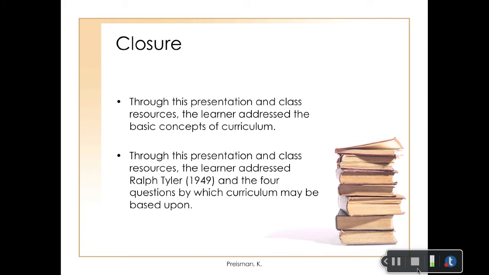And then through this presentation, we have addressed Ralph Tyler and the 4 questions by which curriculum should be based on. Now, we will again get more views and more perspectives of curriculum as we move through the course, but this I hope will give you just some basic foundation to start upon, and for my education